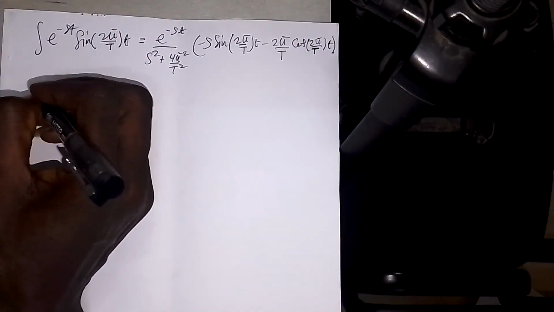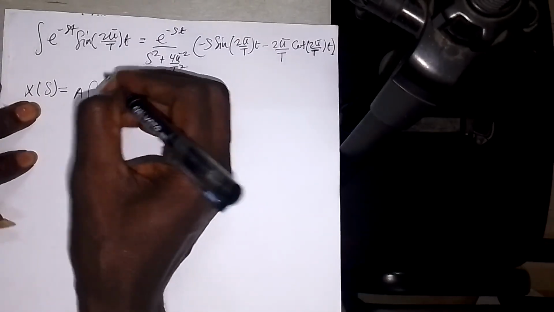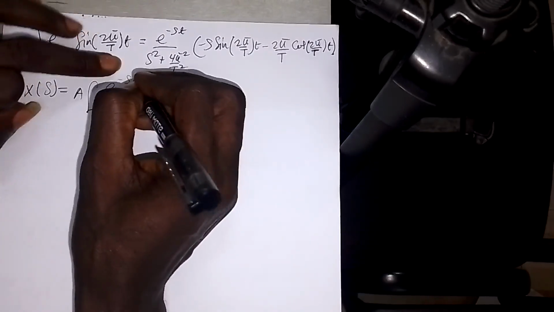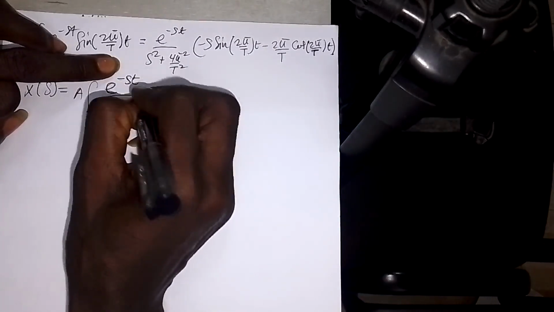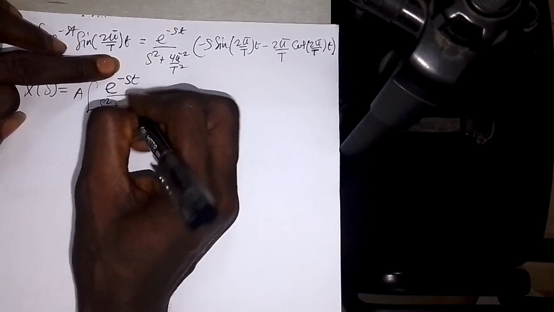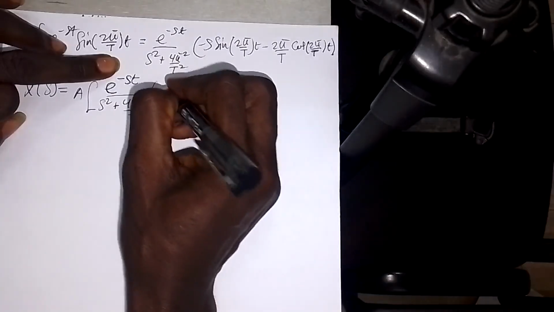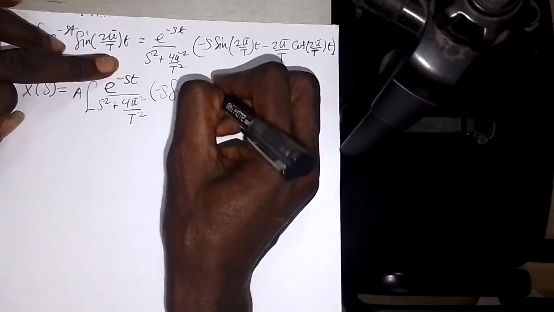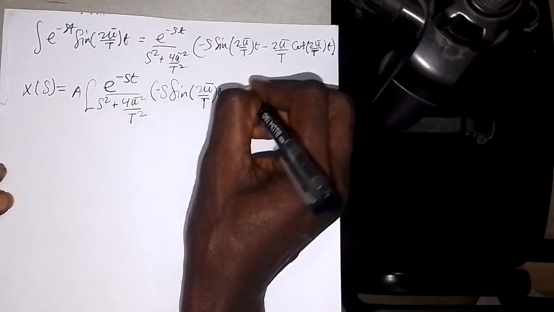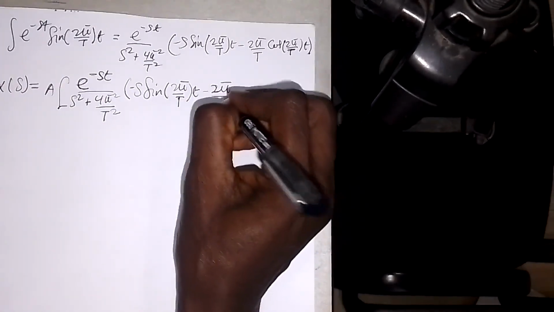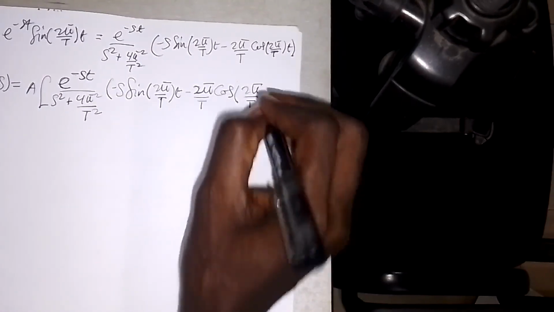Putting this into the original equation, I'll get the Laplace transform X of s equals e^(-st) over s squared plus 4 pi squared on T squared, times minus s sine 2 pi on T times t, minus 2 pi on T times cos 2 pi on T times